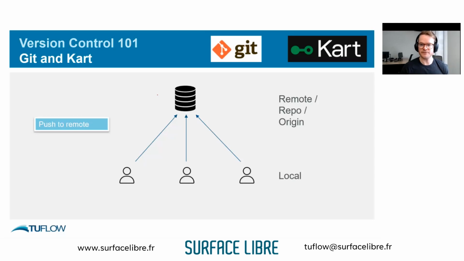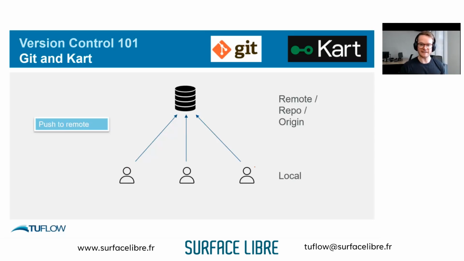That's when the origin or the remote or the repo is actually updated, when you're happy with your commits and you push it up there. So say this is person A, they push their changes, and person B and C and whoever else can then pull and get those changes locally on their machine. And every time you do this, it's only pushing and pulling the changes. It doesn't have to push and pull the entire modeling database down.